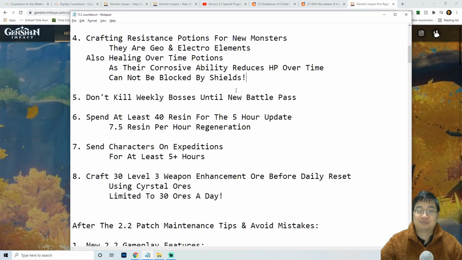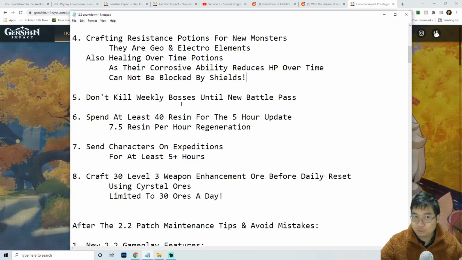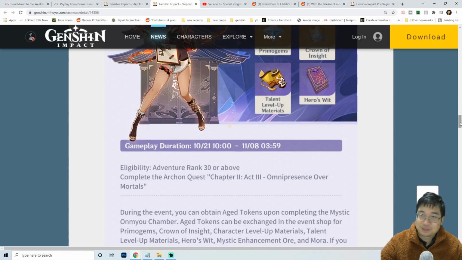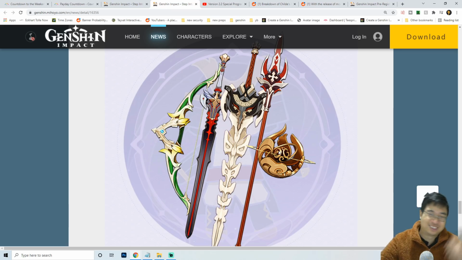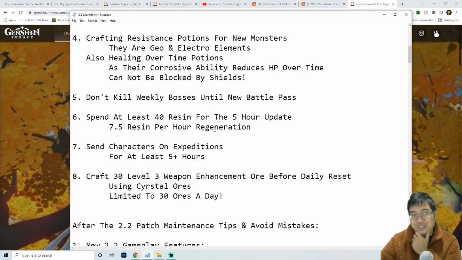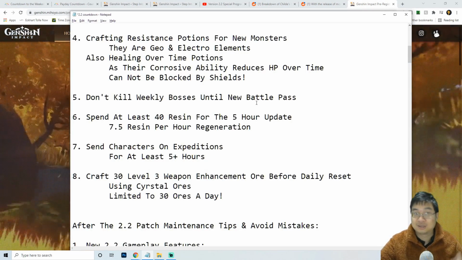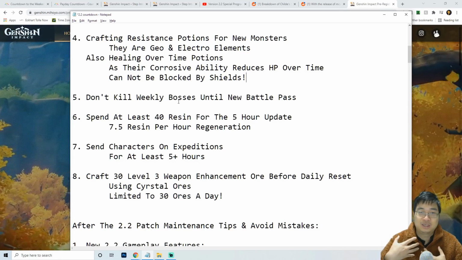Now coming over to some of the generic tips for each of the new patches. We know there will be a new battle pass, and unfortunately I was hoping for the battle pass to give us new battle pass weapons, but guess what? They were like, hey guys, take the old weapons, we're not going to change those. It's been 1 year now, they still gave us the same battle pass weapons, which I really hope they change. But regardless, you do want to kill the boss after the maintenance, and this will basically